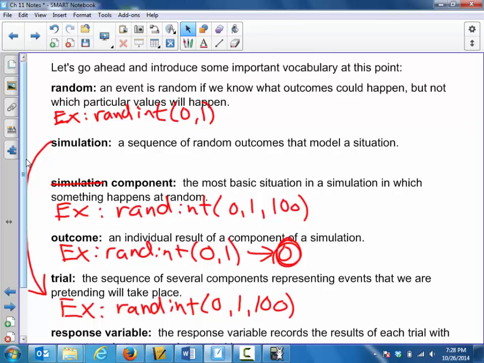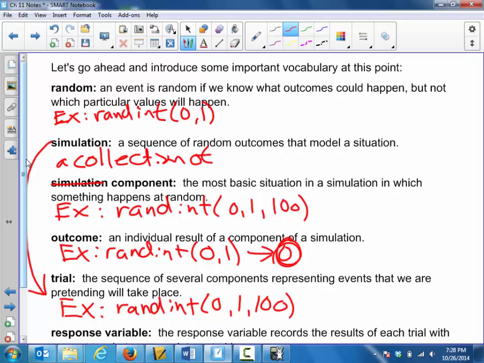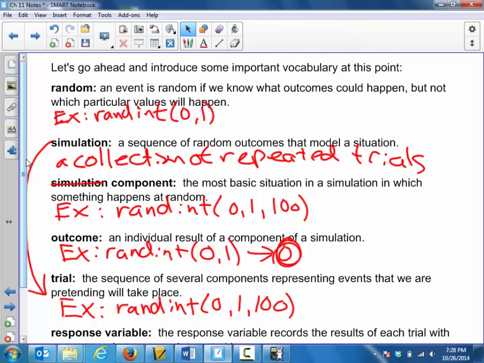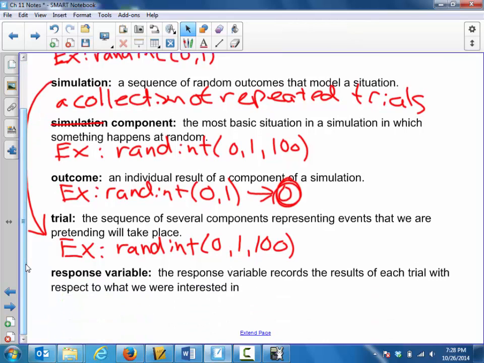Now that's tied to a simulation. A simulation is going to be, and I don't need an example here because I think that's going to come up next slide, a collection of repeated trials. Meaning, if I want to know what is going to be the outcome of 100 tosses of a coin,